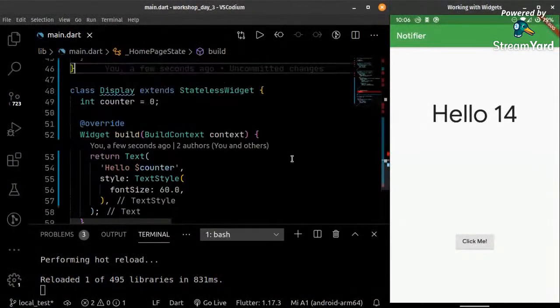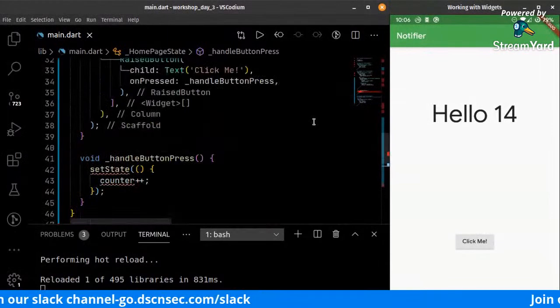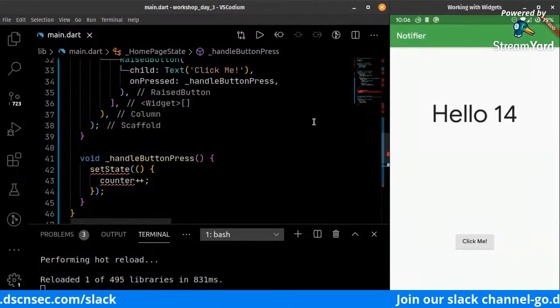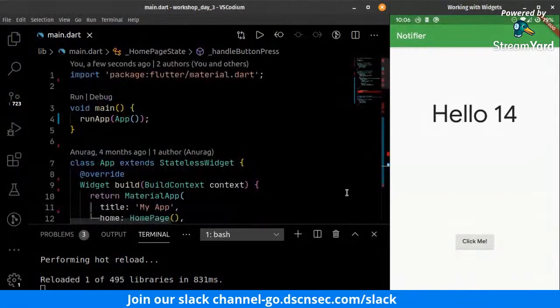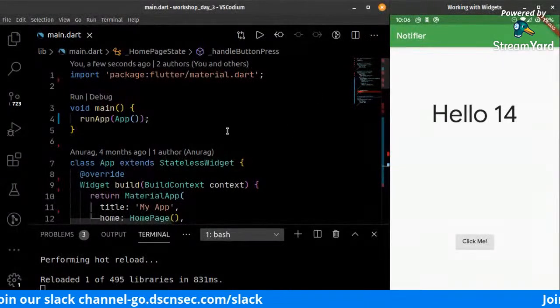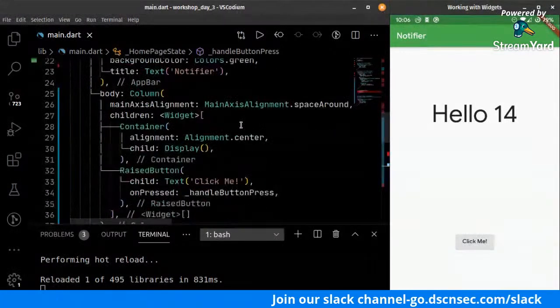There are hacky ways to do this by making this state variable global and so on. But we don't really do that because it gives us a headache as the app goes and goes. So instead, what we do is,